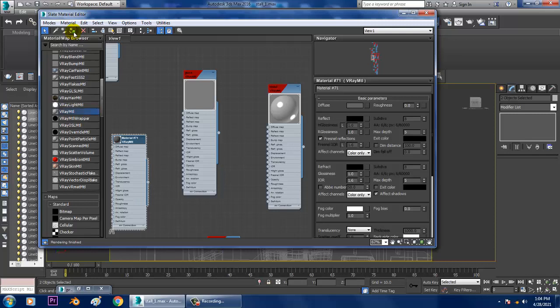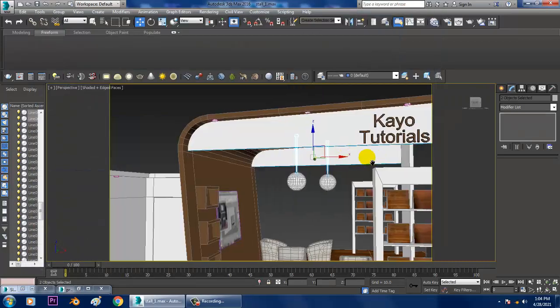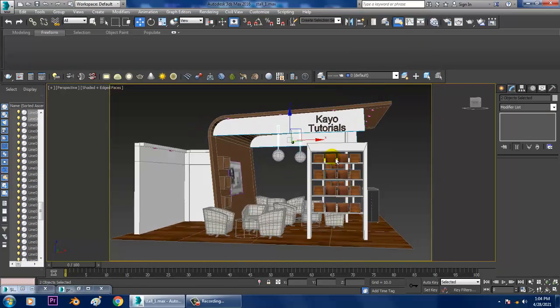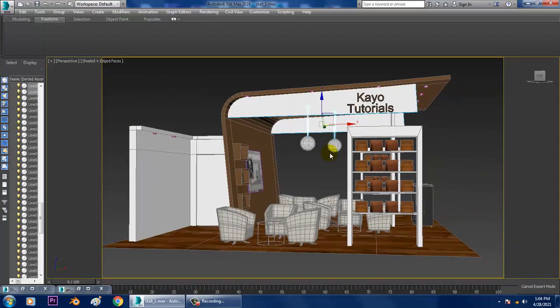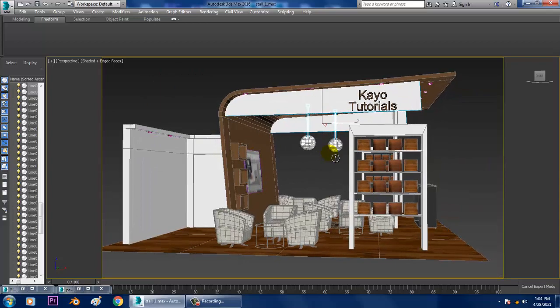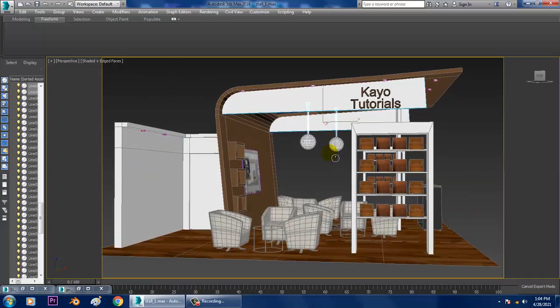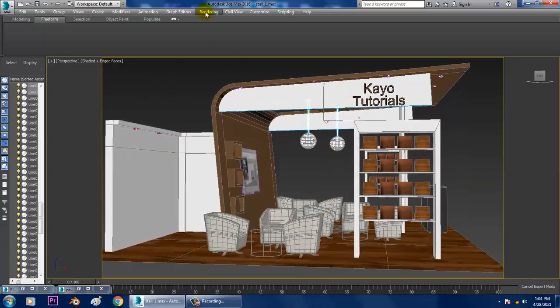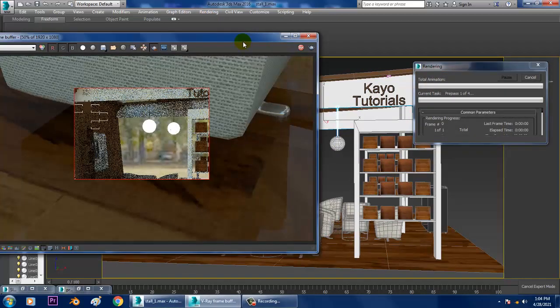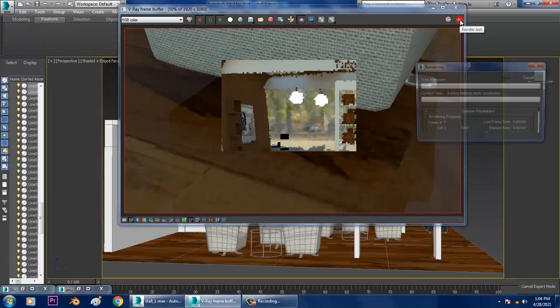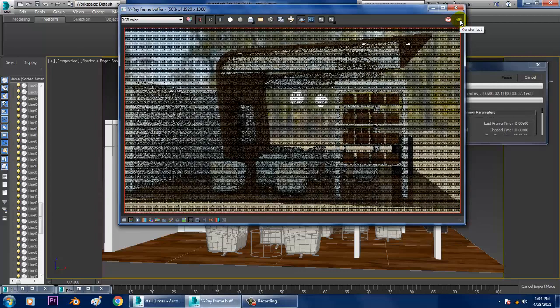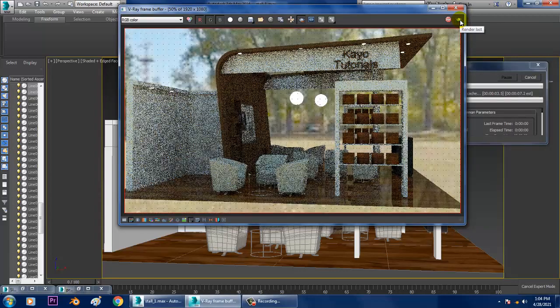Alright, so now let's see how it looks. So let's go into rendering and let's render that. We can just render the whole thing now. You can render the whole element. Perfect.